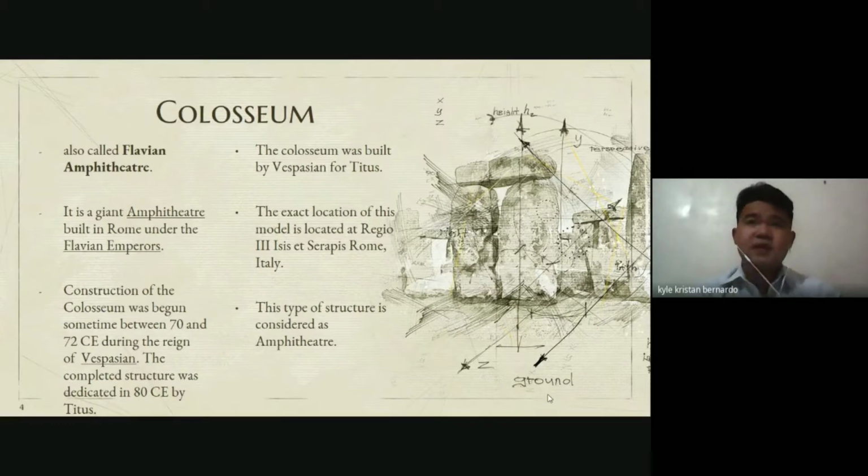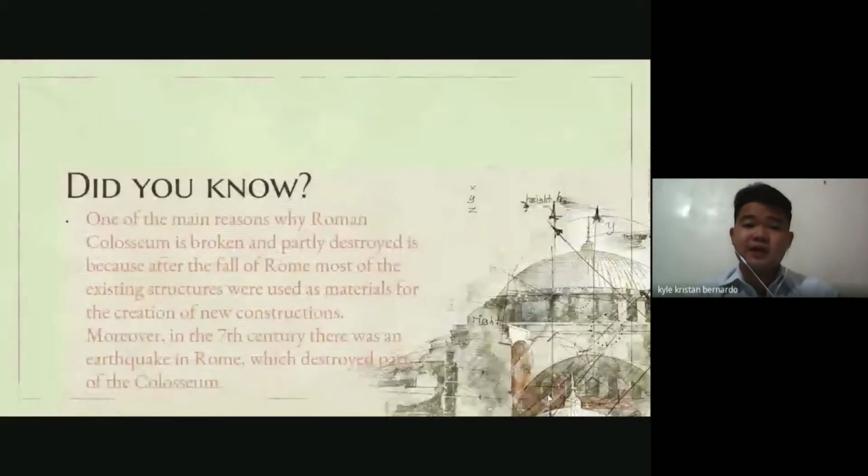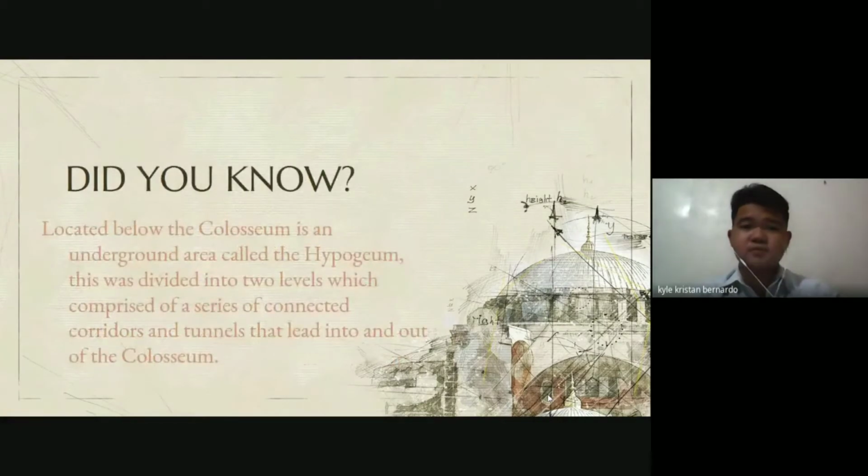Did you know? One of the main reasons why the Roman Colosseum is broken and partly destroyed is because after the fall of Rome, most of the existing structures were used as materials for the creation of new constructions. Moreover, in the 7th century, there was an earthquake in Rome which destroyed part of the Colosseum. Did you also know that located below the Colosseum is an underground area called the Hypogeum? This was divided into two levels, which comprise a series of connected corridors and tunnels that lead into and